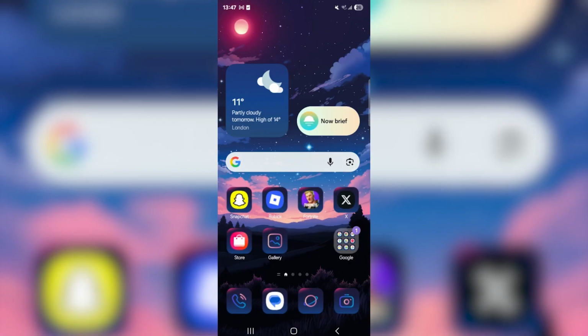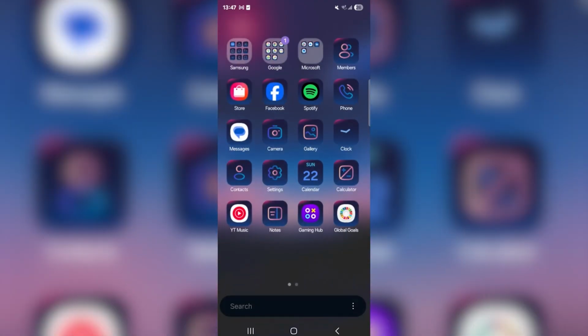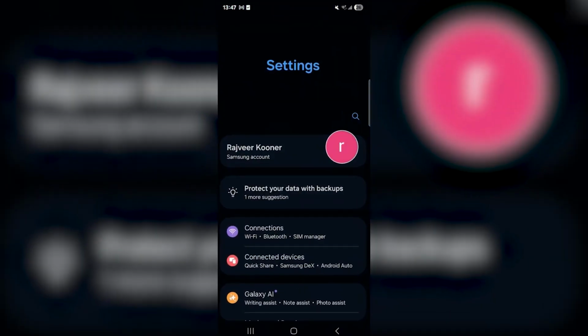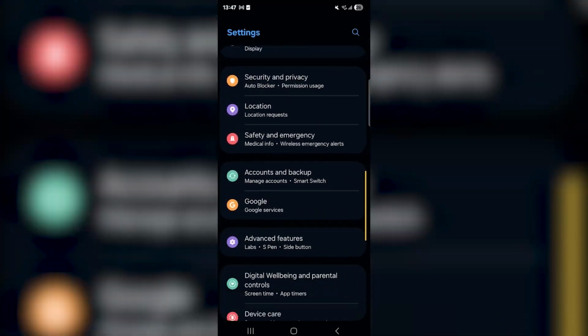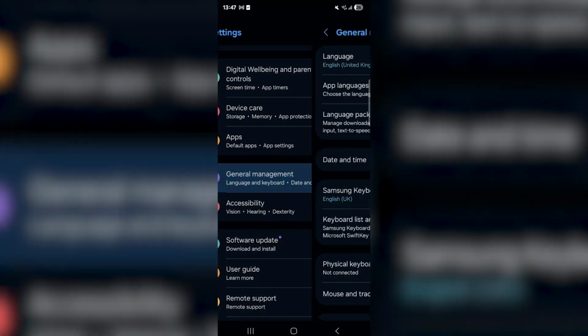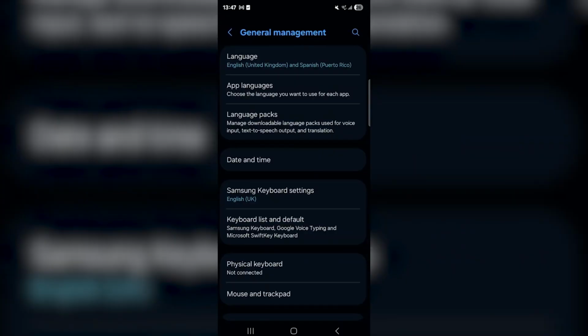Now, it's very simple to go ahead and do this, and you can do it on pretty much any Android phone that you have. So what you want to do is go over to your settings application, and then once you're here, you want to go ahead and look for general management. So I'm just going to go ahead and scroll down, and we're going to try and find the general management area, but it should be towards the bottom. As you can see, general management is right there, and then you're going to see keyboard settings or things like